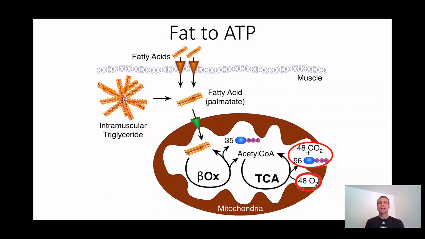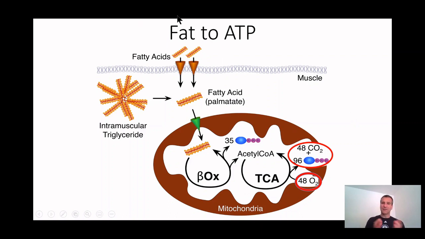All right, so we said that even to do things at rest, like think, takes hundreds of millions of ATPs. And we're only generating a small amount of ATP from a sugar, from one single molecule of glucose. So there has to be a better way. How do we do that? One of the most important other ways is through using fat as a fuel.